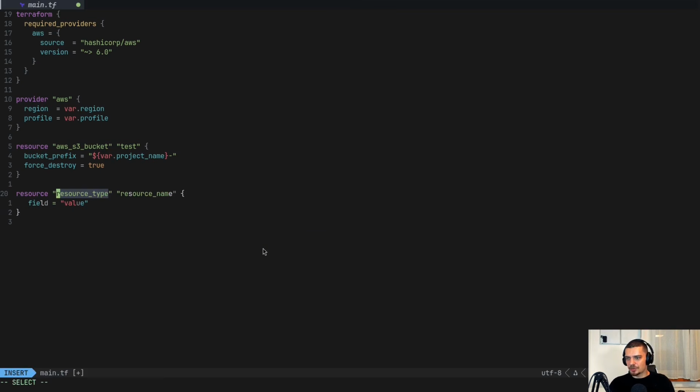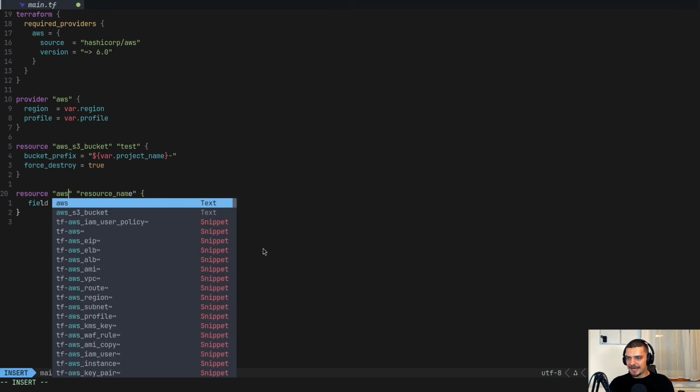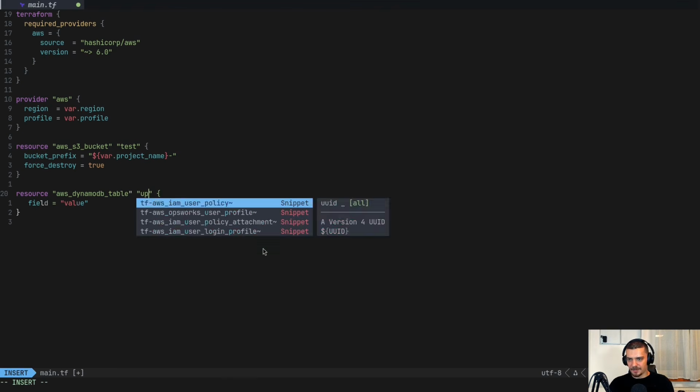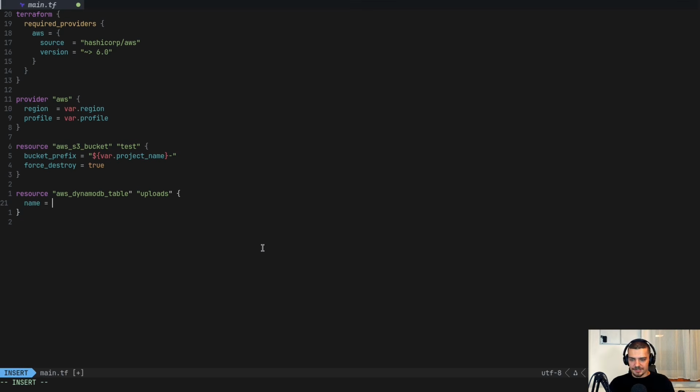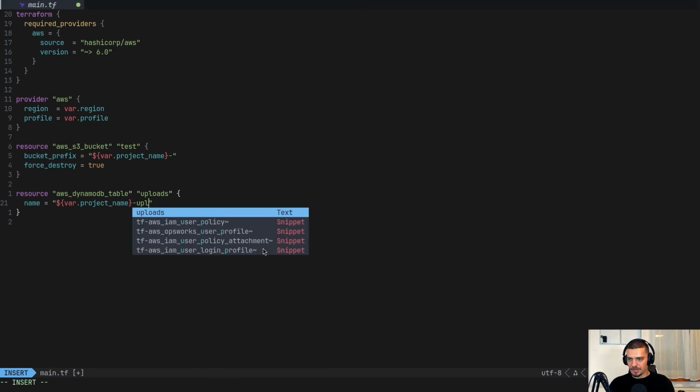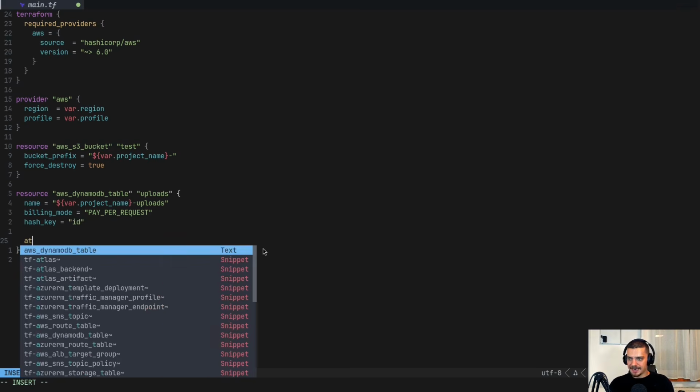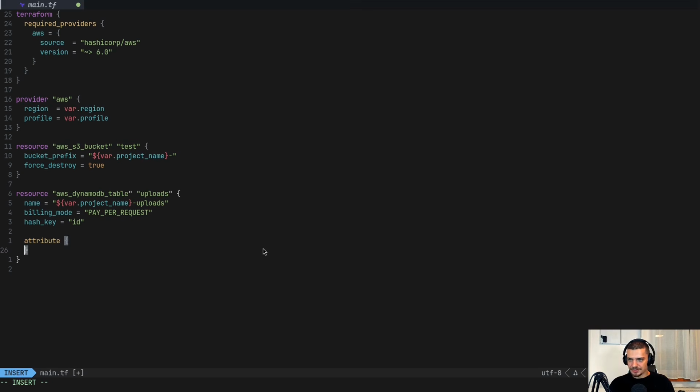So in addition to our bucket, we're now going to add additional resources. I'm going to say resource. Let's start with the DynamoDB table, aws_dynamodb_table. We're going to give it the resource name uploads. And we're going to call this again with a formatted string, dollar sign var.project_name dash uploads. That's one thing that we need to do. Also, you want to set the billing mode. The billing mode needs to be pay per request, otherwise you have to introduce other fields as well. So PAY_PER_REQUEST. Then we want to define a hash key to be equal to id. And for the attribute, we're going to say the name is id and that this is a string.